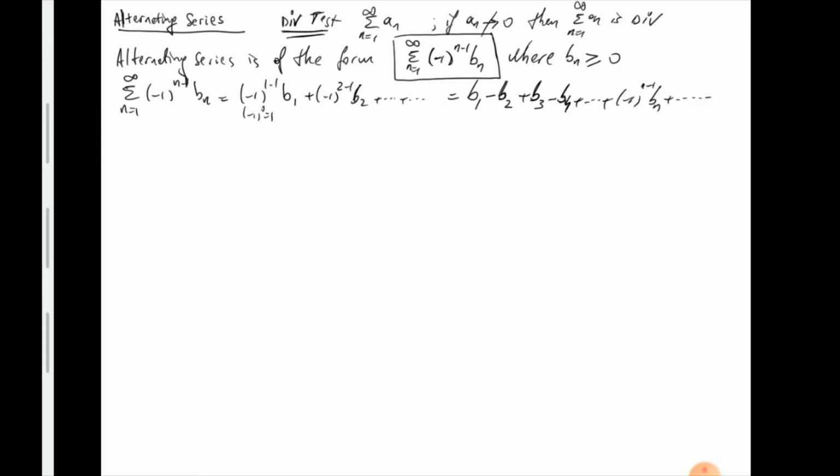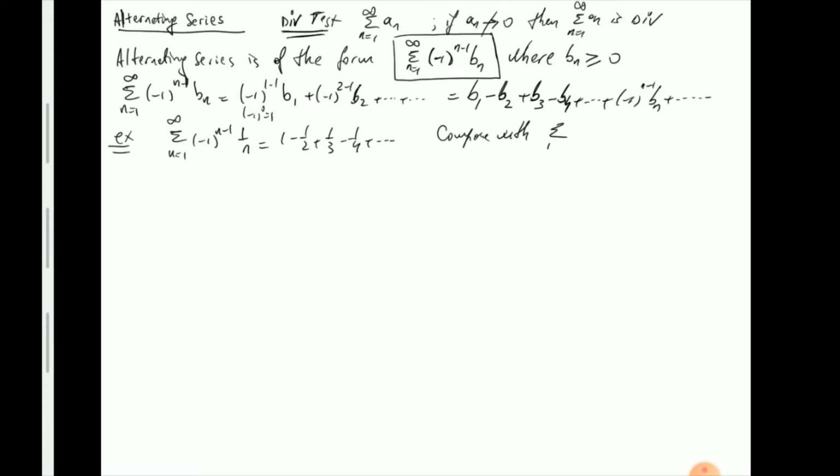So let's come up with a couple of examples. One that I'm going to discuss immediately. Let's say you have summation from 1 to infinity of (-1)^(n-1) times 1 over n. So that's going to be 1 minus 1/2 plus 1/3 minus 1/4, and so on. And we're going to compare this with